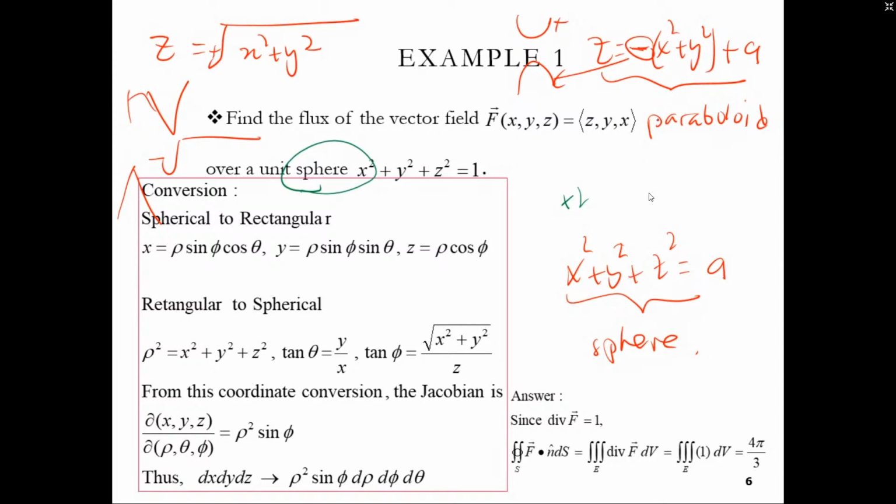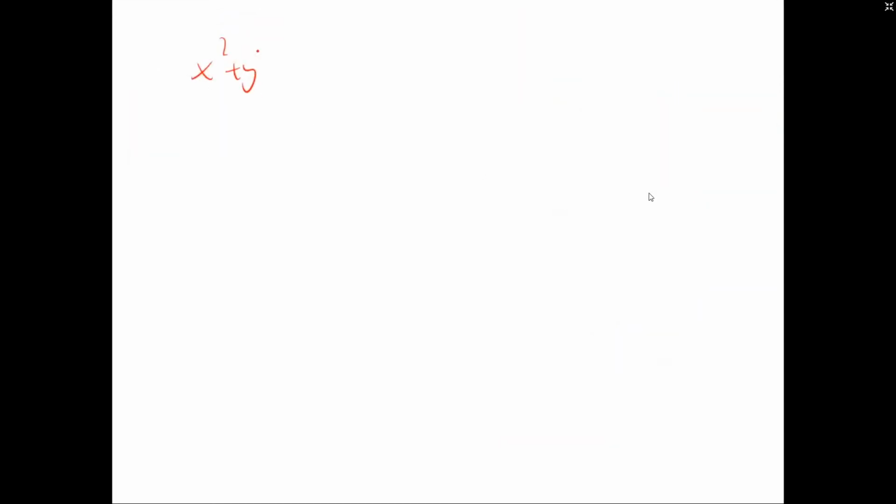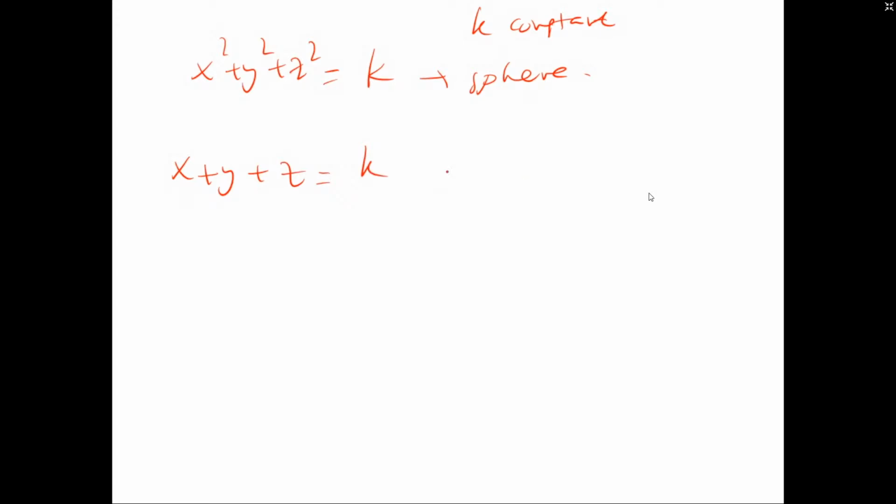What else do we have? If x square plus z square, y square, q square, done. Okay, so if this one is a constant, k constant. So this one is here. If you have x plus y plus z only, equal to k, this one is a plane. All power 1, it doesn't matter, maybe you have a constant here, maybe number 2, 3, 4, doesn't matter, as long as all are power 1, it should be a plane. If you have, like previously, x square plus y square equal to a, and then constant k,